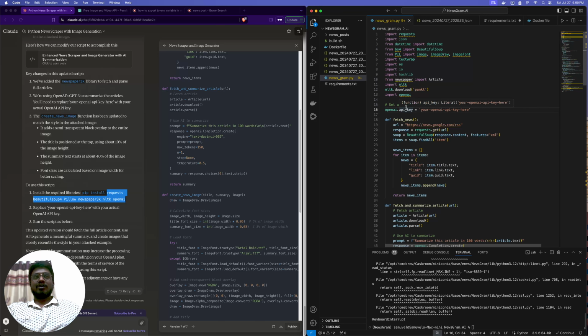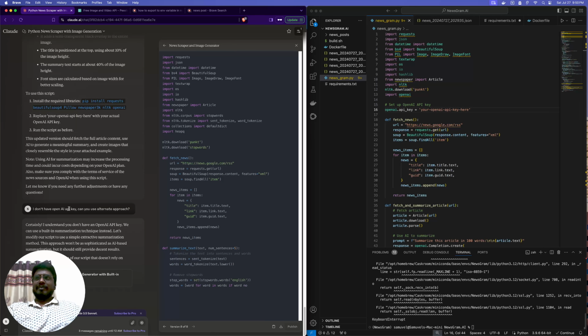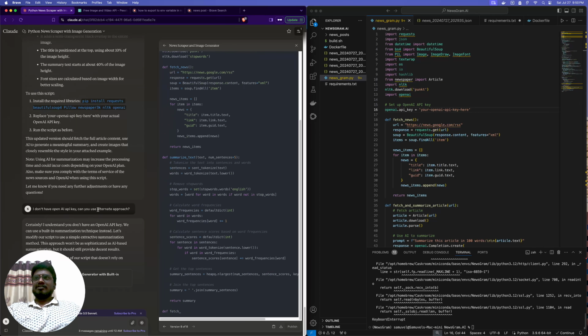So since a lot of you might not initially have this, let us take an alternate approach to use an AI tool that might help us summarize the text which is scraped from the web. So I told it that I don't have an API key with OpenAI and asked it for an alternate approach. It told me that it can internally build a summarization technique, which is pretty cool, that we are building our own summarization technique. Let's see how it works. So we have new dependencies which are added. If it is not yet present, I can add it. So they have added newspaper3k